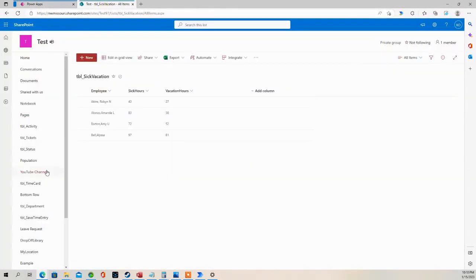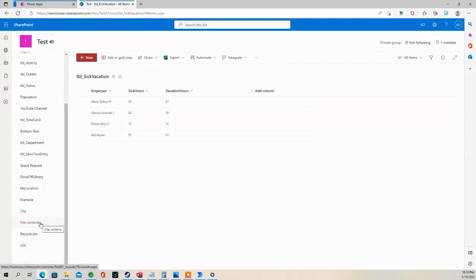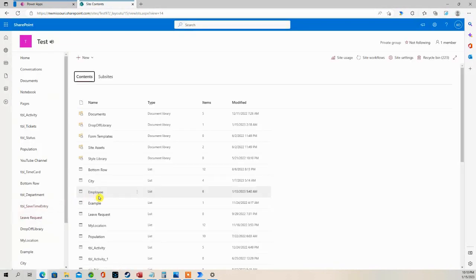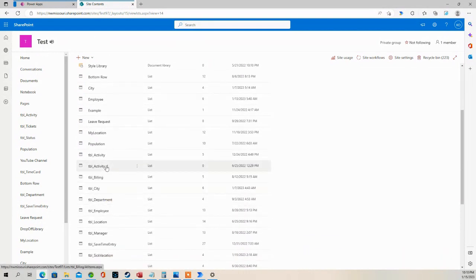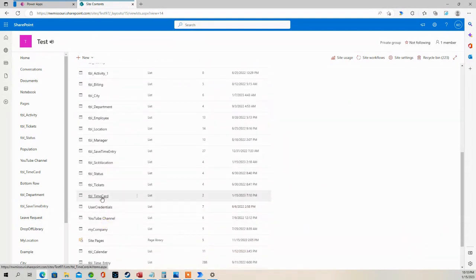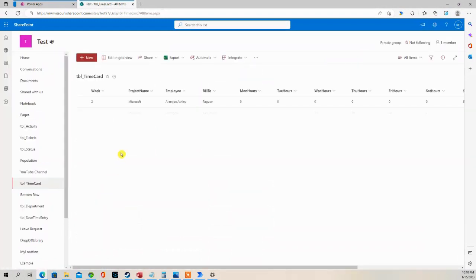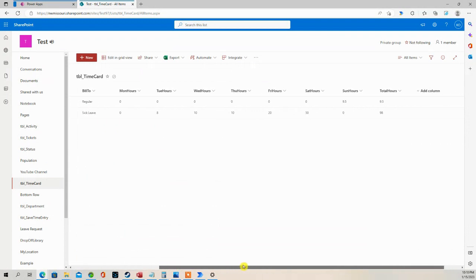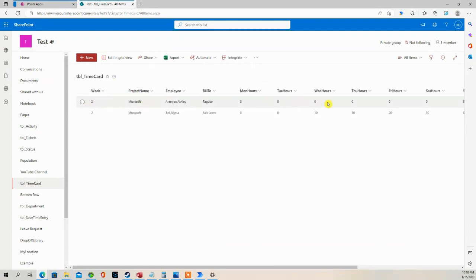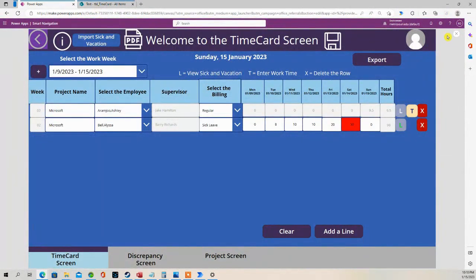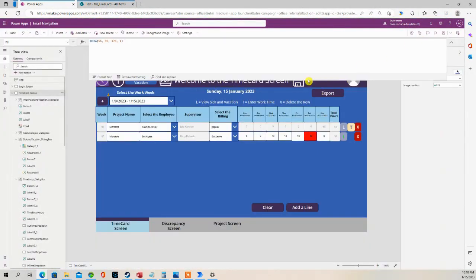Let's go back to the time card. So it saved that second record. Remember, we already had the first record saved. That was for regular hours. So if we look behind the scenes of that save icon,